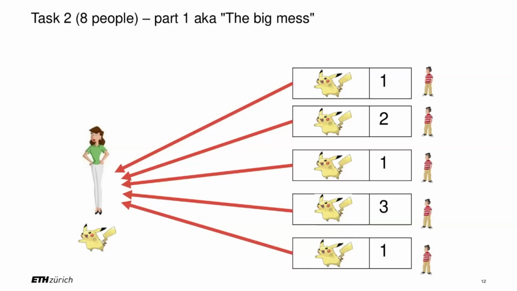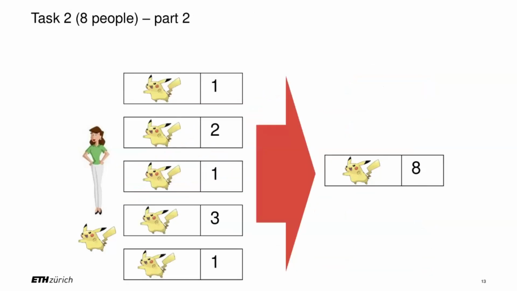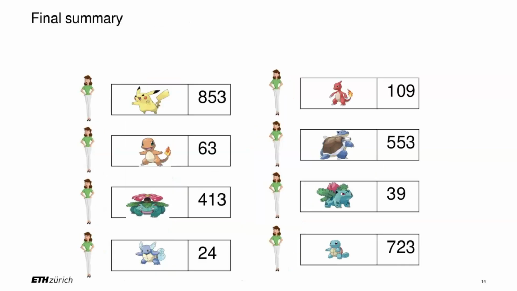So in that case, this person, let's say Alice, who is assigned Pikachu, is supposed to receive the Pikachu strip from every one of the 10 students who did the map phase, right? Once Alice has all of her Pikachu strips, she can compute the sum of this and write it down on a new piece of paper, and then I get that piece of paper, and at the end I get back all of the